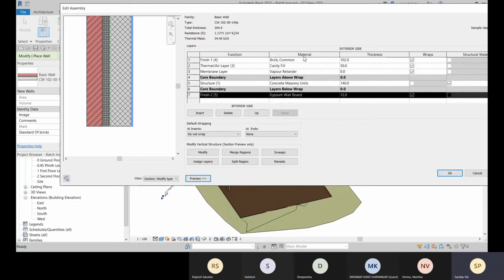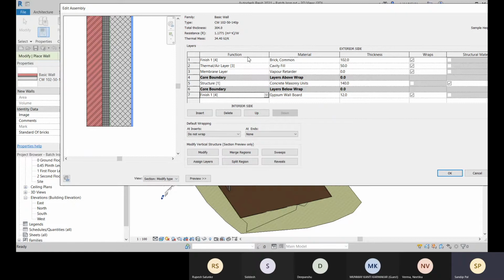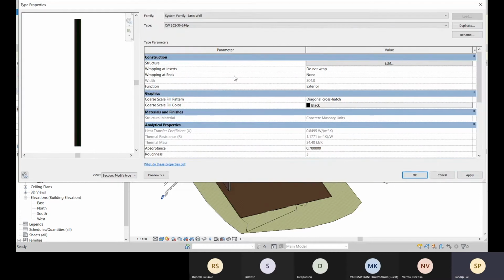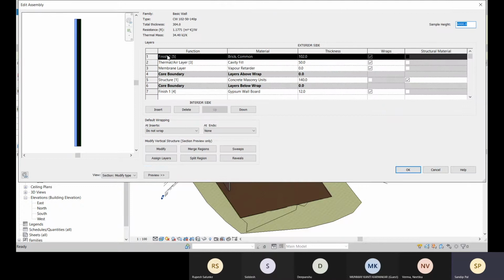Finish one will be added towards the exterior side. You can make it finish one, you can make it finish two, but Revit is designed like this: finish 2 is placed towards the exterior side.